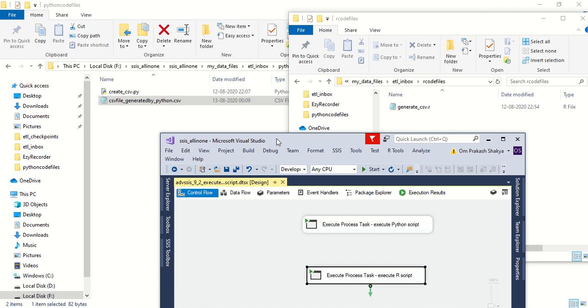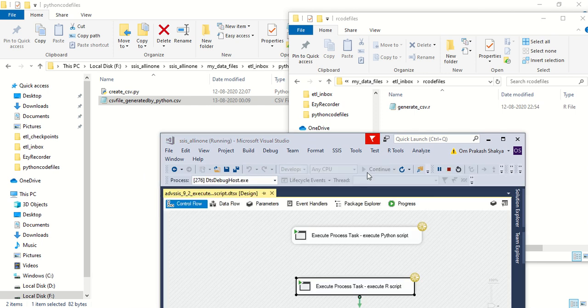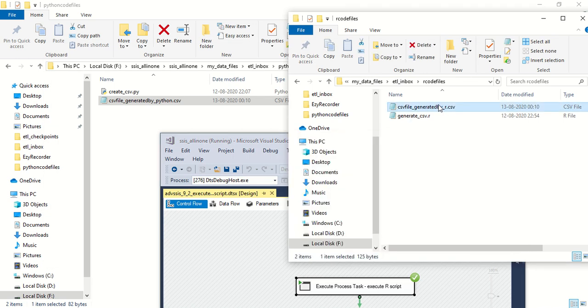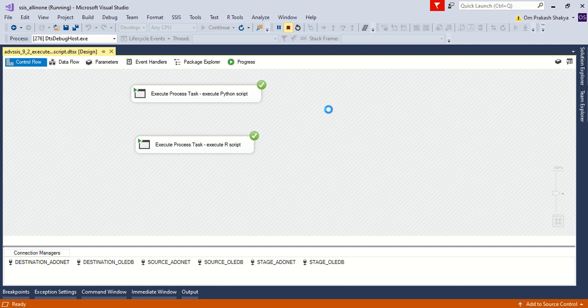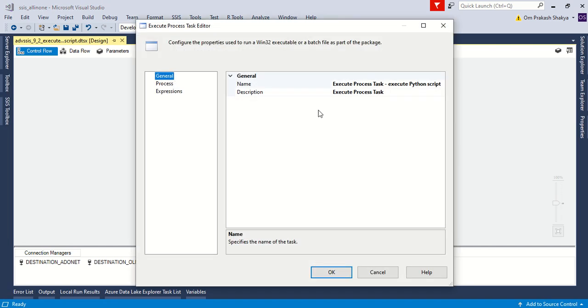It will generate the file in both folders. You can see for R it was generated at this time, and in Python it also overwrote this file. So this is how we can execute Python and R scripts.